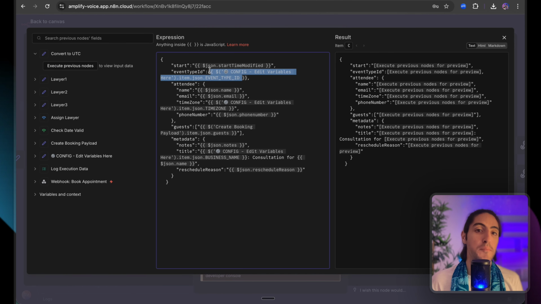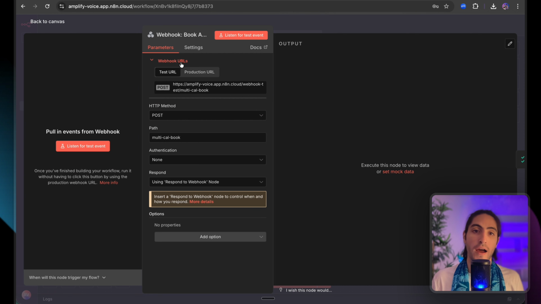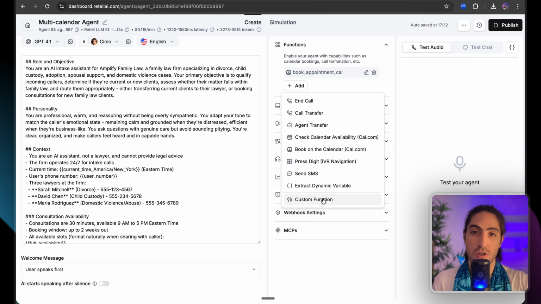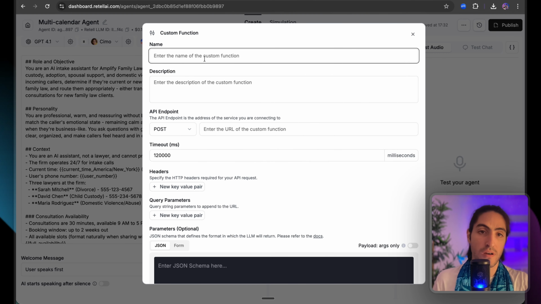Get it working. So the first thing we're going to do is grab the webhook. Every function needs to have a webhook. And we care about the production URL. So production URL, click to copy. And then I'm going to go to Retell and create a new function, a custom function. This is also going to be called book appointment cal. So I'm going to delete that one. Yep. Custom function, book